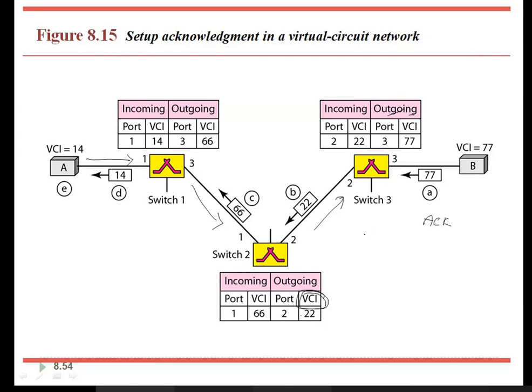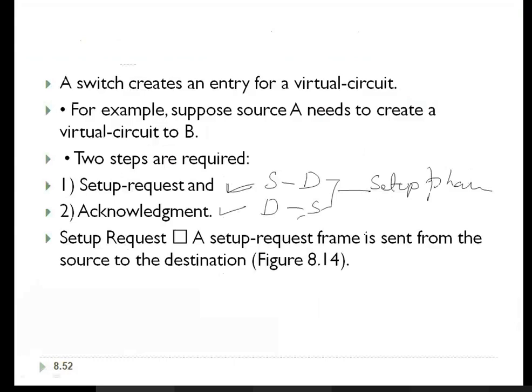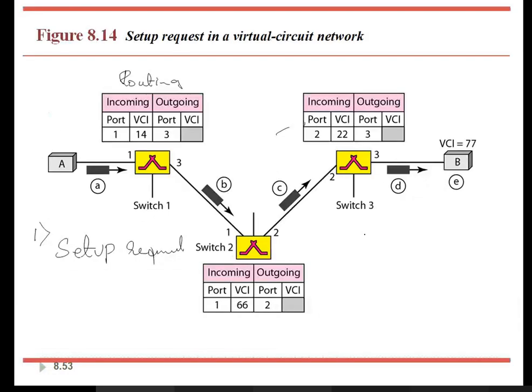Is that clear? Has everyone understood these two steps? It's very simple to understand. So you have to draw this diagram. If they ask you to explain a virtual circuit network, here, more than explanation, the diagrams are very important. Here you don't necessarily have to remember these numbers. For port numbers, normally you can just consider 1, 2, 3, 4. For VCI numbers you can consider anything, but according to your example it should be correct. Any queries? Did everyone understand? Yes, ma'am.